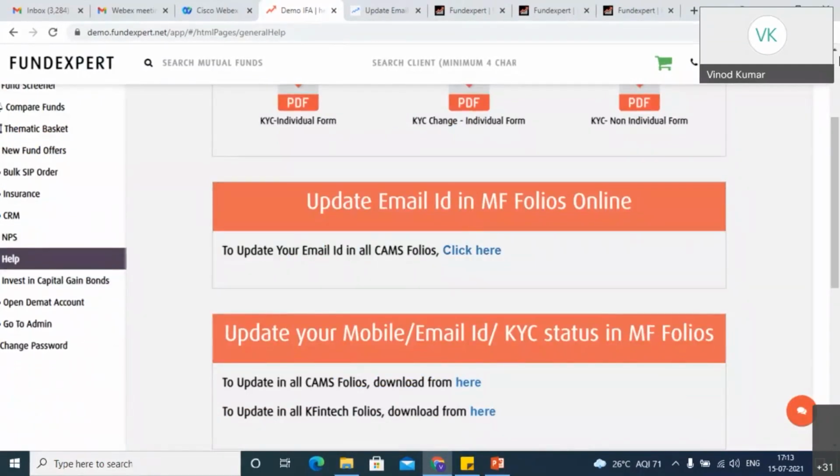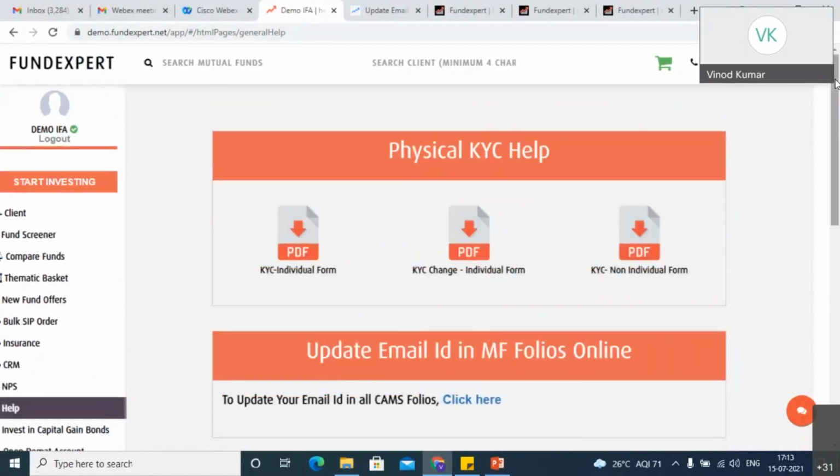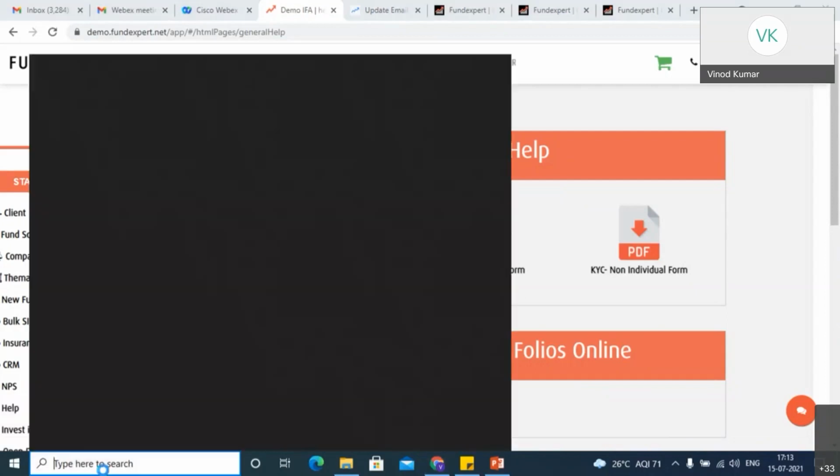Okay. So now we are completing the web features, and we will go to the admin panel. Before that, I'll show you the mobile app. Yesterday we were discussing that the calculators were not visible for the advisors. Now the 3.7 update is released. Any of you who have not updated the FundExpert app can update it. Once you update it, you will see all the calculators available there. I will show you now how it is.